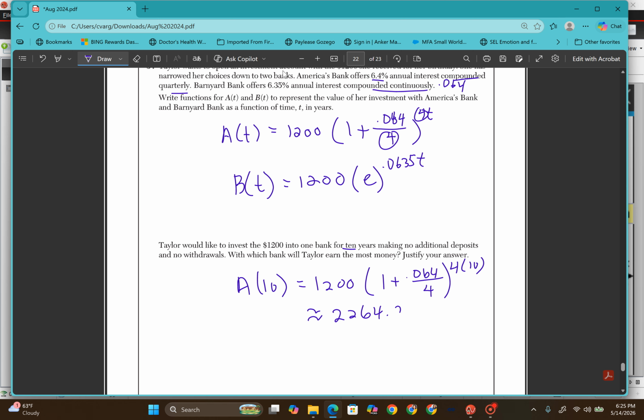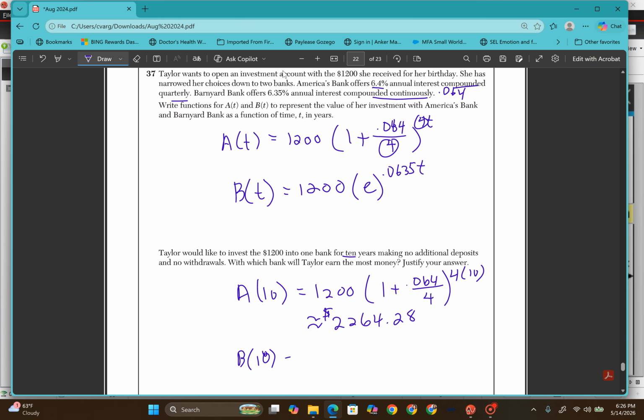So this is how much money in America's bank, and then the Barnyard Bank B of 10 is going to equal 1200 e to the 0.0635 times 10, and when you plug this into the calculator, you're going to get